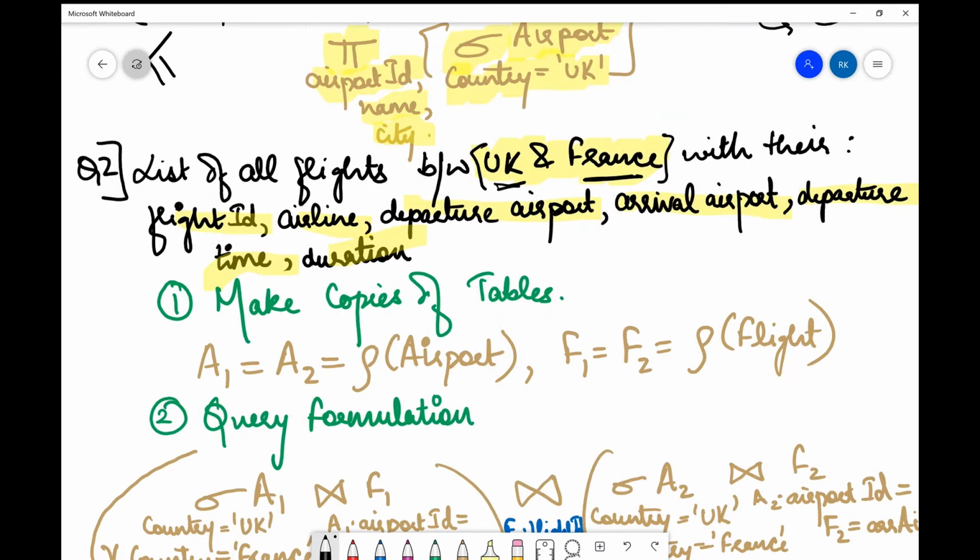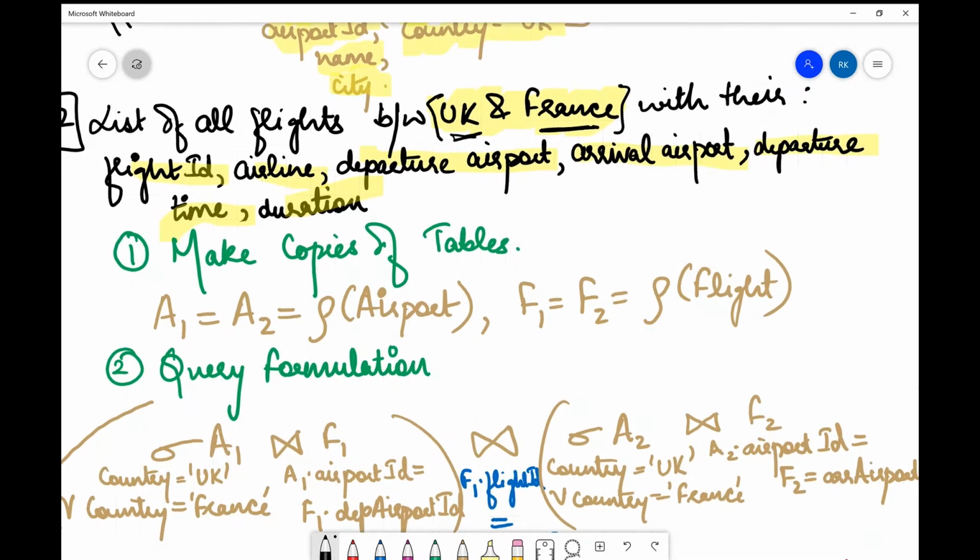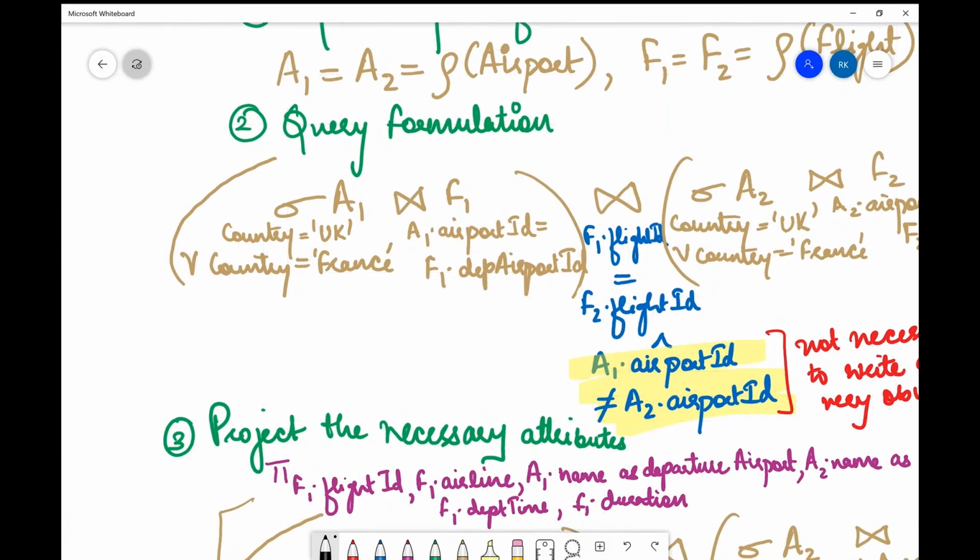Therefore, I've made several copies of these tables. I've made two copies of the airport table and two copies of the flight table. There can be multiple ways of solving this question, but this is how I've solved it. I'm not saying this is the best method, but it is one of the simplest according to me. You may also present your method and suggest it in the comment section below. I'll be more than happy to see you all solving with different methods and suggesting them to me. But this is how I solved it.